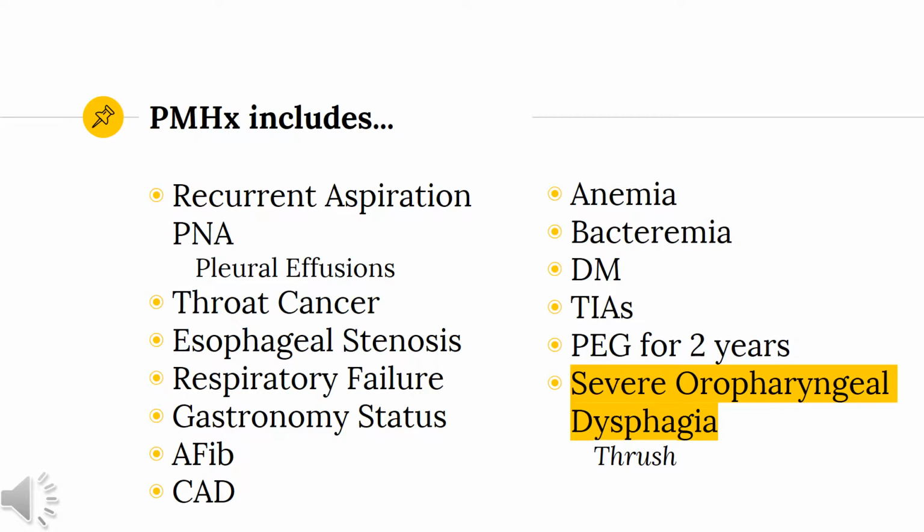Mr. Doe's primary medical history includes recurrent aspiration pneumonia, pleural effusions, which is a condition in which excess fluid builds around the lungs, throat cancer, esophageal stenosis, respiratory failure, gastronomy status, atrial fibrillation, which has to do with rhythmic contractions of the cardiac atria, CAD, which is coronary artery disease, anemia, bacteremia, which is the presence of bacteria in the blood, diabetes, transient ischemic attacks, a PEG tube for 2 years, which is an endoscopic medical procedure in which a tube is passed into the patient's stomach through the abdominal wall